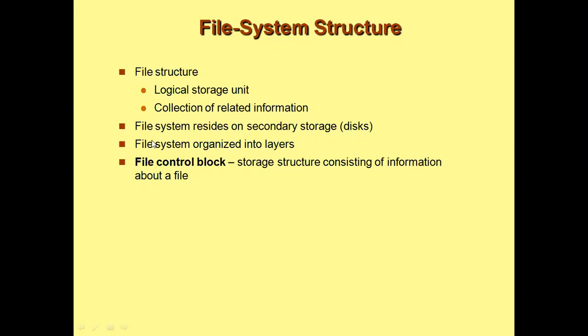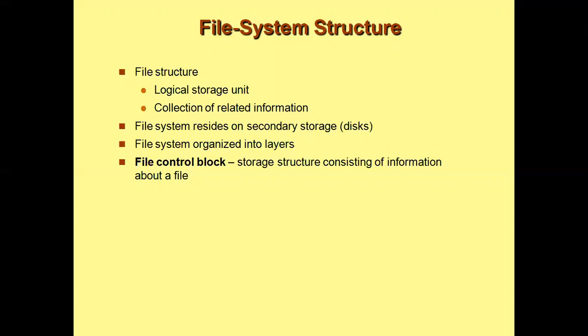Okay, so we have a term called file system. As you all know, the file system is very important to access any files that are residing on the disks. If you consider a disk, it is nothing but a physical device, right? So it has only information on it. But if you want to access the information stored on the disk, you need a file system. The file system will organize the files into directories, and you give names to the directories and to the files. That is how you are able to access the files from the disk.